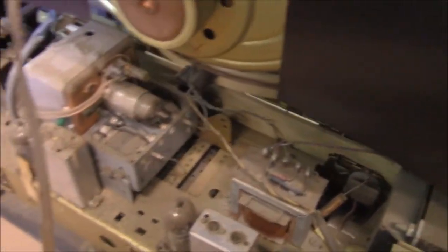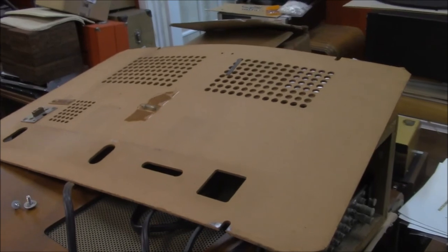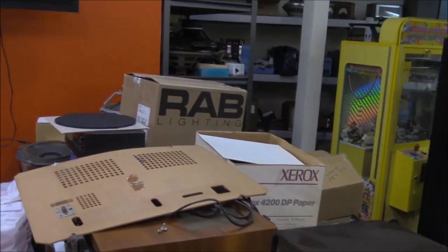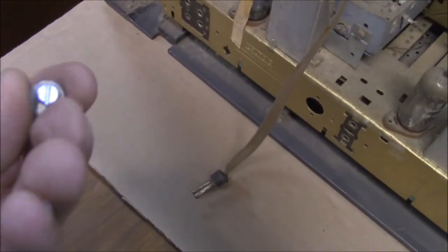Well, I'll get some air and we'll blast this whole gal out. It's really in pretty good shape. The back is a little concave, but nothing to write home about. I could probably carefully lay a few old books or something on there and bend it out. I'm not going to mess with it. And we're missing a couple of screws off the back. I guess I'll have to go to West Germany and...